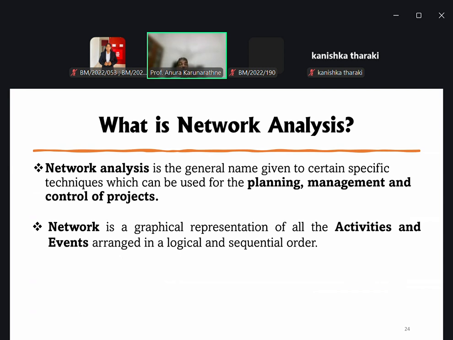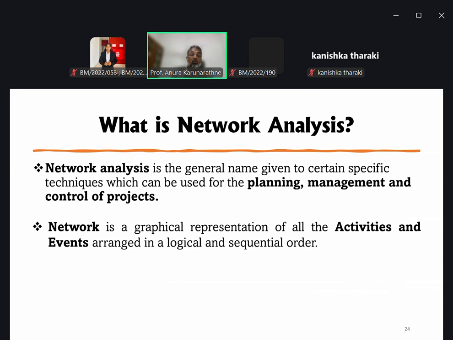A network is a graphical representation of all activities and events arranged in a logical and sequential manner. So here you can easily understand this particular point. So network, it's a graphical representation of all activities and events, right?